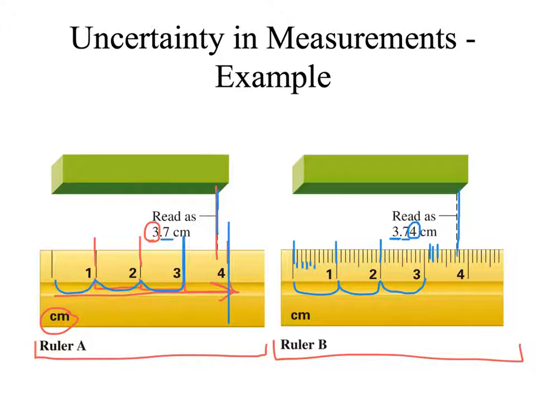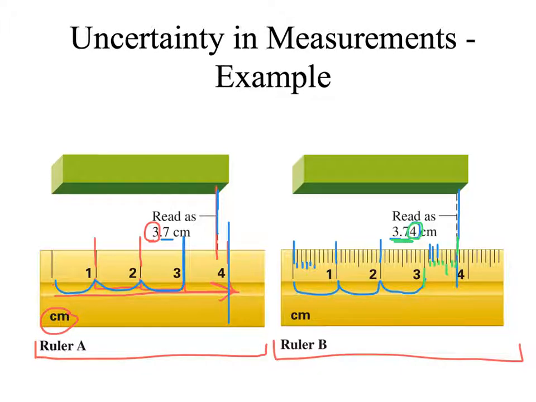So if you're looking at this line here, we can say this is 3.7, and then we guess the position in between these lines of this decimal place. So we say it's 3.74. Now you may look at that and say that's 3.73 or 3.75. The point is that that last digit has uncertainty associated with it, and you report one beyond which you can